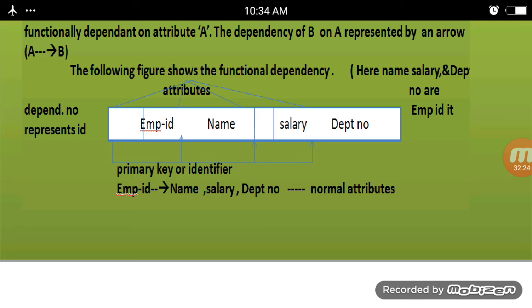In this figure, there is employee ID, name, salary, and department number.